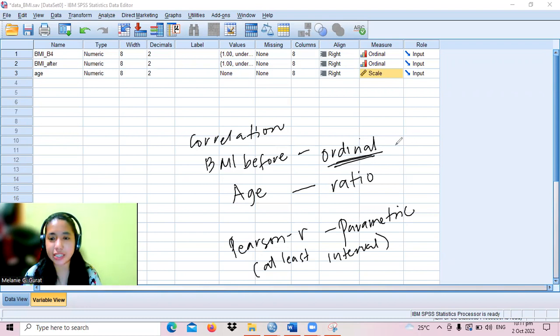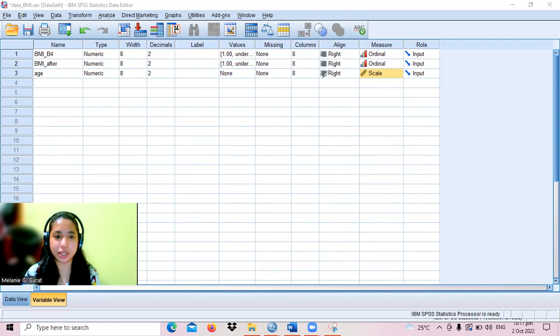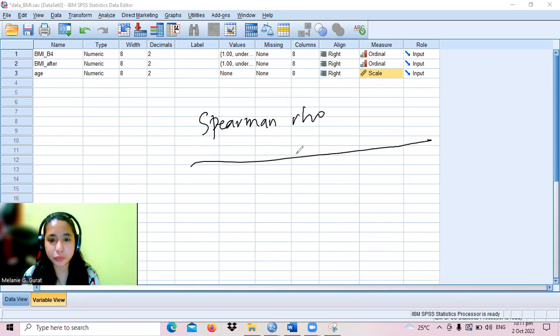Therefore, we are going to use a non-parametric test. And the non-parametric test that we will be using is called Spearman rho. Just like with Pearson R, we are also going to determine whether there is a negative or